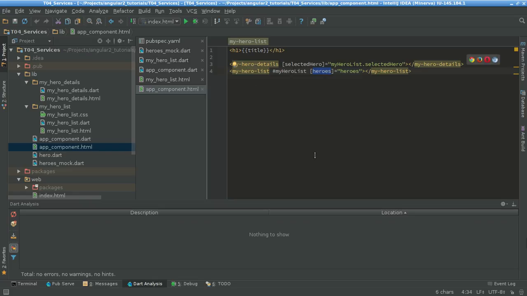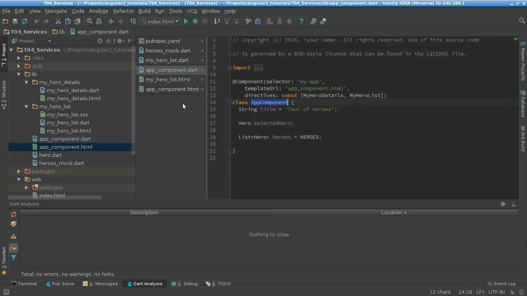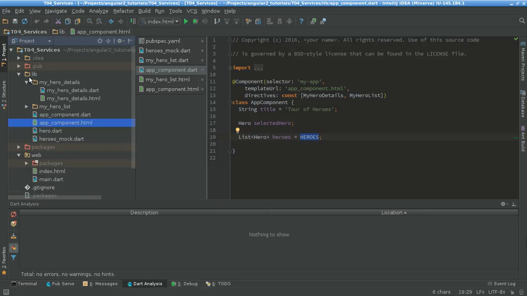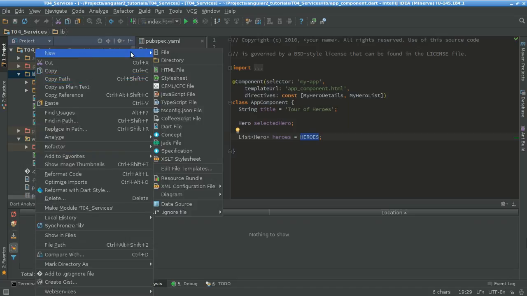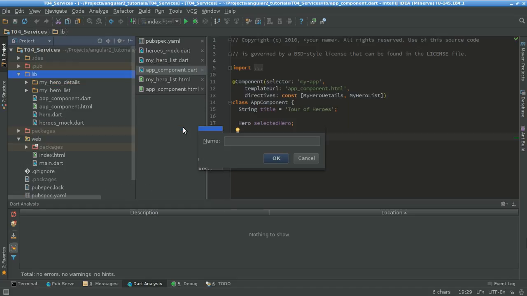So what we're gonna do is convert this into a service. Instead of passing this directly from here, we're gonna pass it from a service. So how do we do that? That's kind of simple. We just need to create a new service, and a service is also very simple. A service is just a class, so we just need to create a new Dart file,